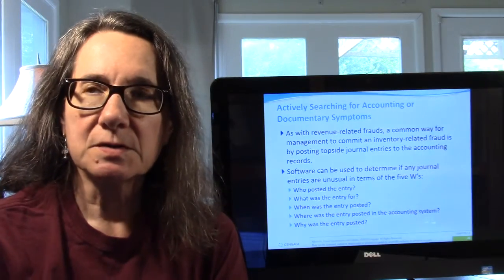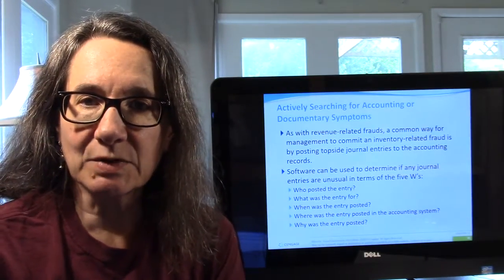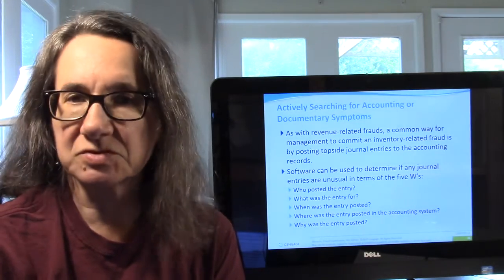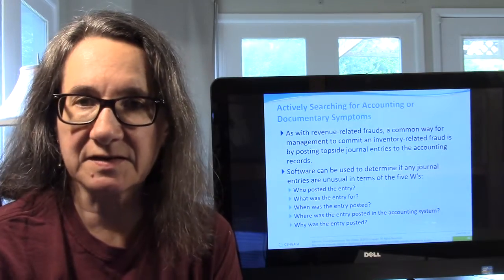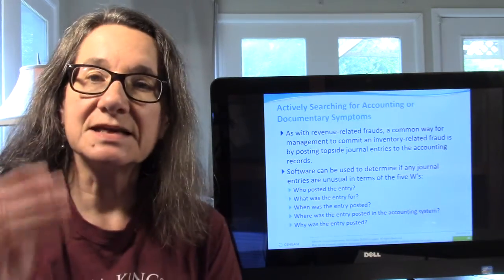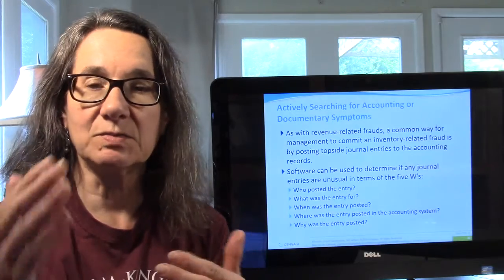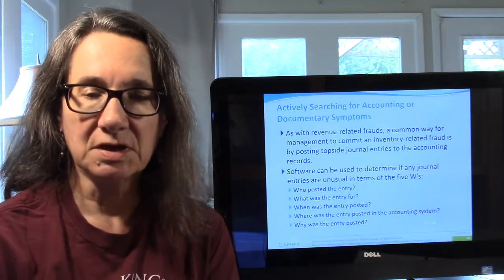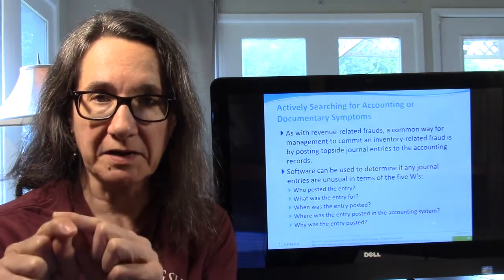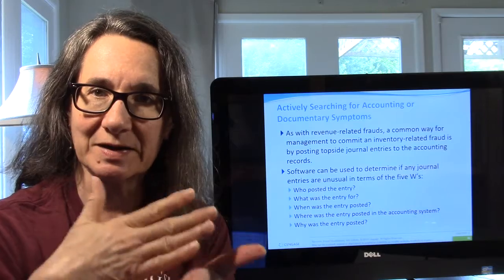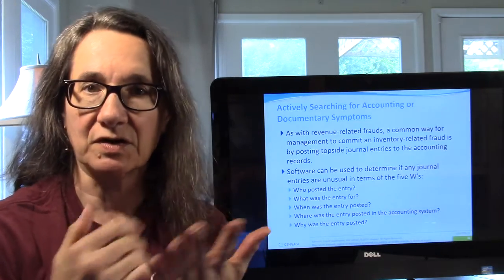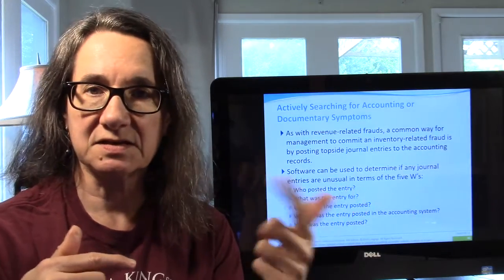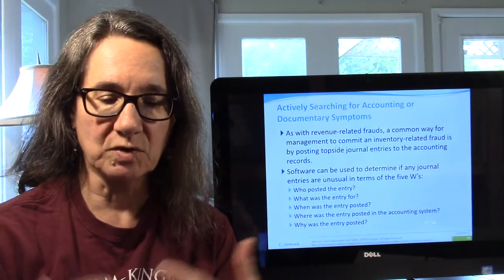Documentary symptoms are in the books, right? So what am I looking for in my accounting? Well, you're searching for topside transactions by executives, right? Because inventory, just like accounts receivable, has subledgers, right? Every customer has their own subledger. Every inventory SKU item is going to have its own subledger, because you have to keep track of how many of this thing and how much did that thing cost, right? So again, topside transactions by executives, weird, what was it for, who posted it,